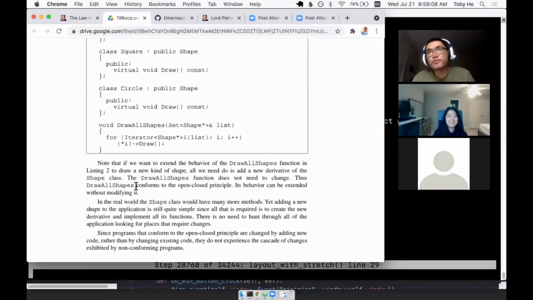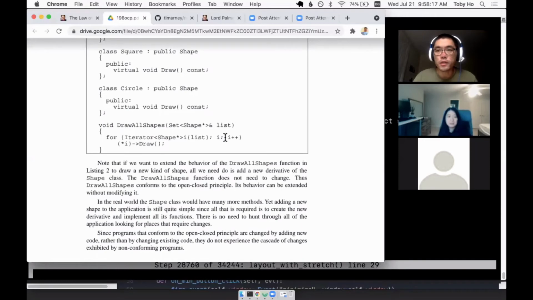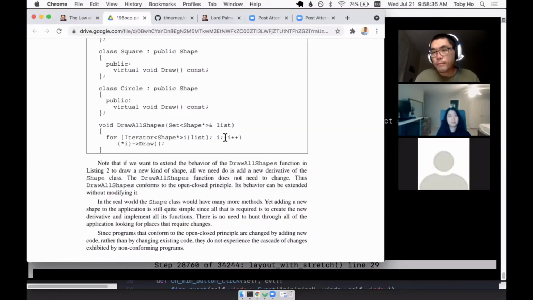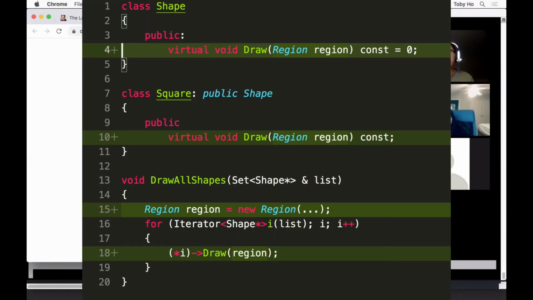In my UI framework, I actually had to come up with something to solve that problem. And what I came up with is a concept called the region. Basically the region has the job of checking the bounds, checking if you're correctly drawing within the bounds that you're allowed to draw in. And you're going to have to use a method on the region object to draw so that the checking is completely enforced by the region. So the draw method would take a region,